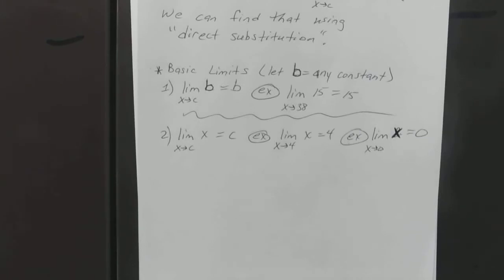That's for the limit of x as x approaches 0. Okay. So even if you made it the limit of x as x approaches 5, then the limit as you're approaching from the left and the right is just going to be 5. Because remember, y is equal to x, so 5 is going to equal 5. So what about the example that we did above, as in let b be any constant for when x approaches say 38? Oh, yep. With that one above it, if you look here,